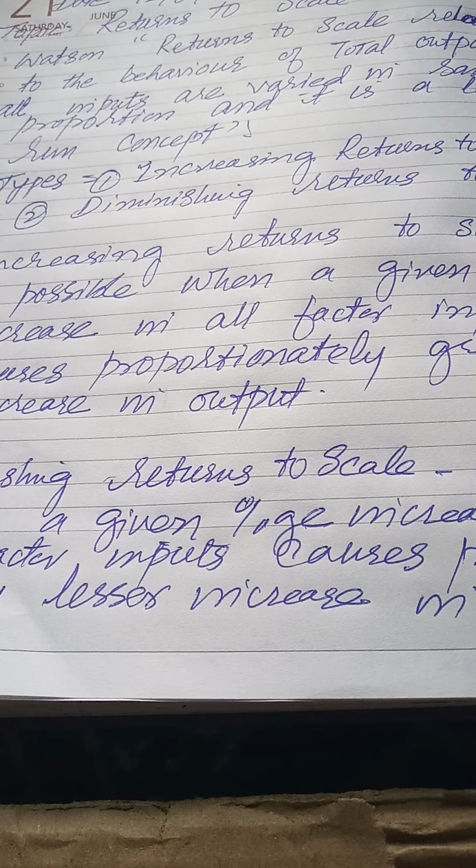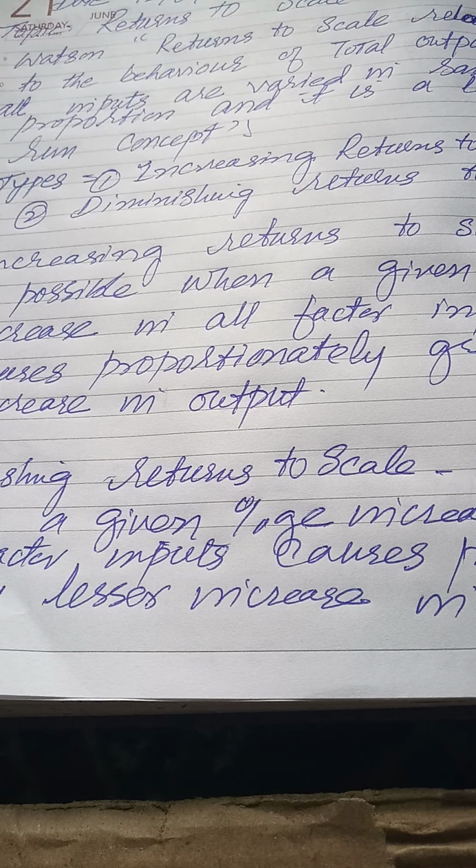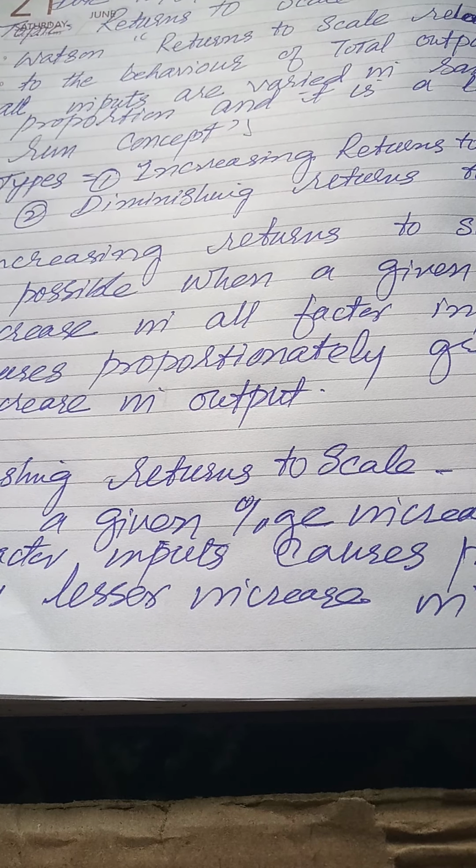In increasing returns to scale, greater use of inputs will cause more and more production compared to the use of inputs. When the output ratio is more as compared to the use of inputs,